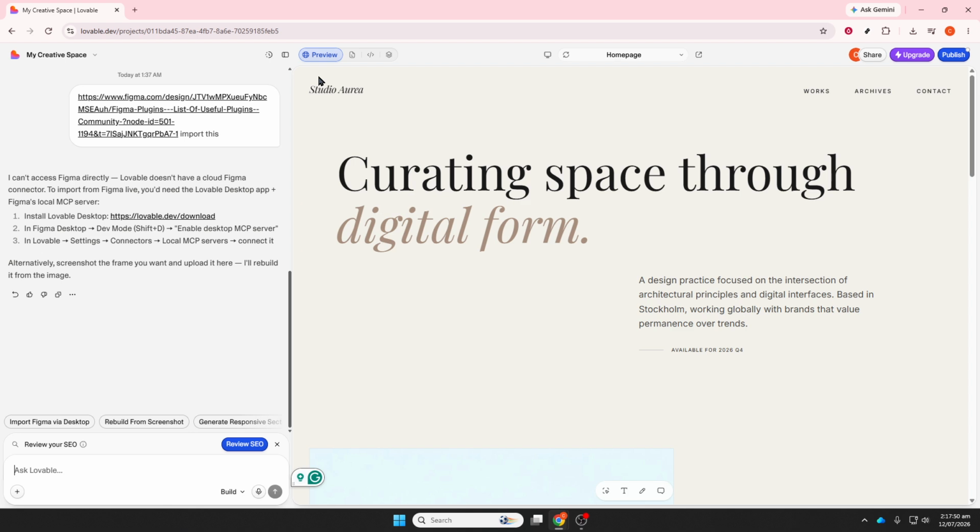Overall, the Lovable dashboard is designed to help you organize, manage, and monitor all of your projects efficiently. The more comfortable you become with the dashboard, the faster